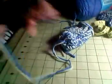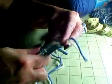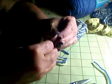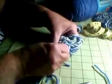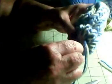Now with the needle, I'm going to cut a little bit because it's too long. I'll take the needle, pass it through, and you want to pass it through the middle, okay, towards the middle, and you want to take it out like that, okay. Turn your work around, and we're going to seal,